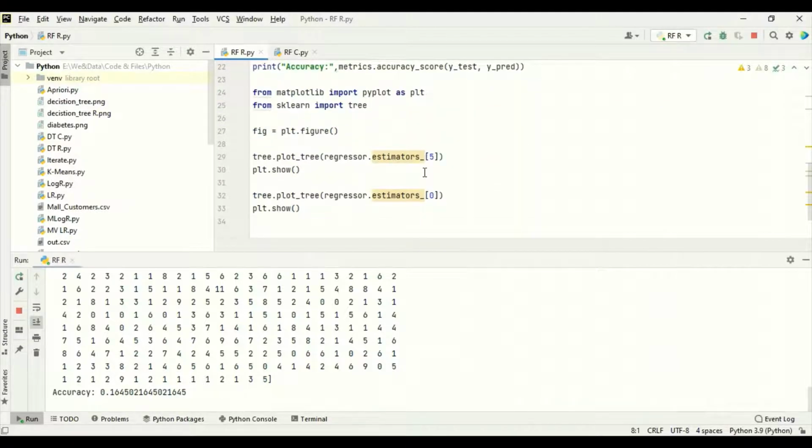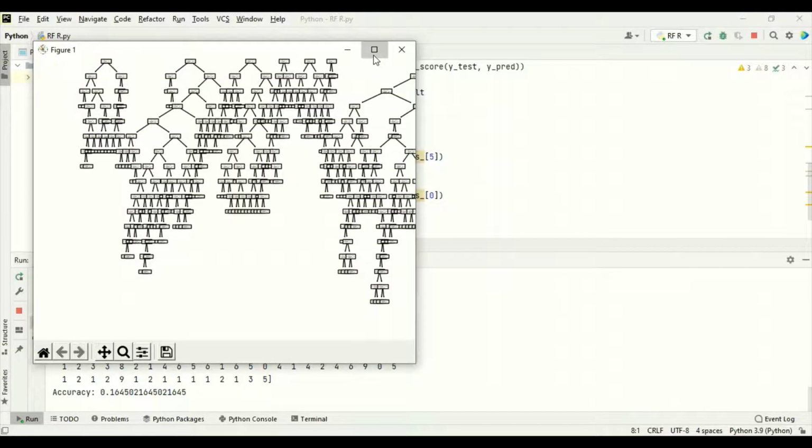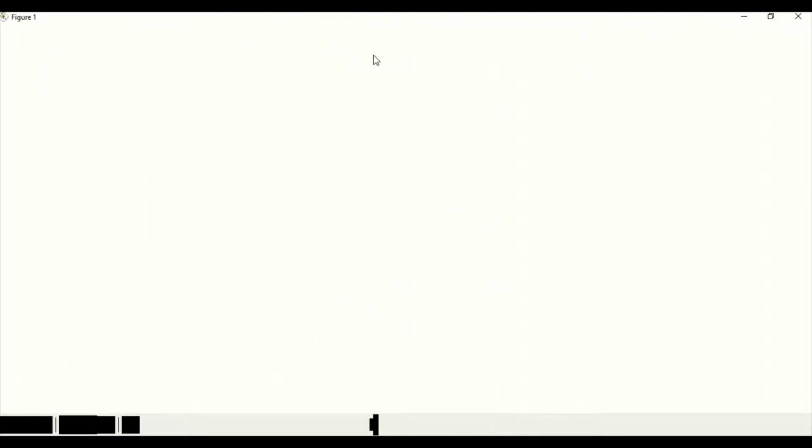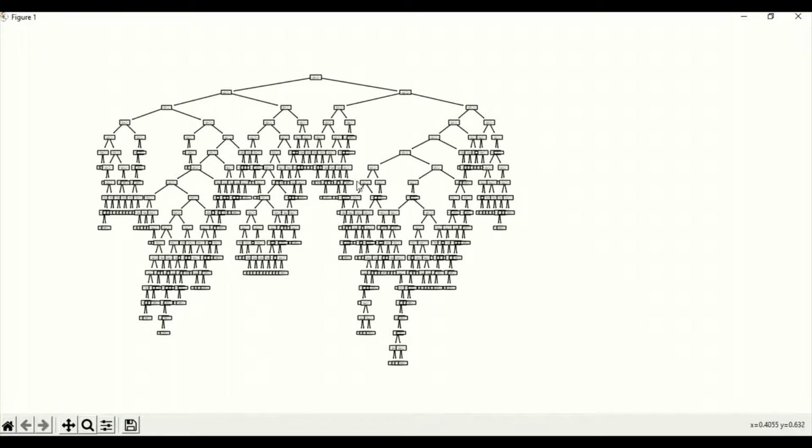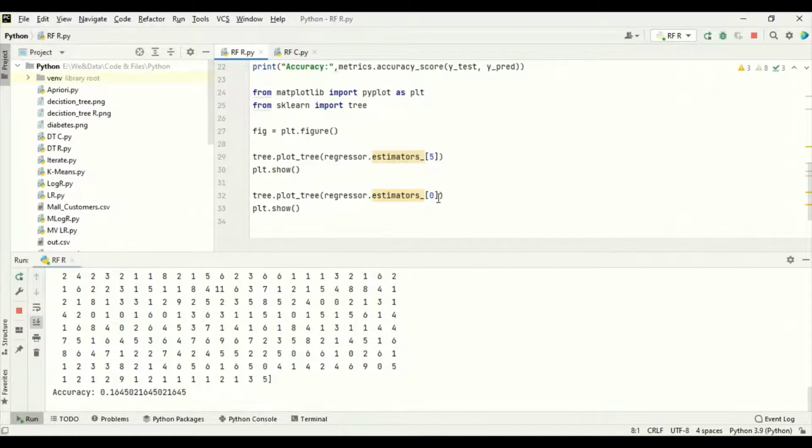The decision tree has been built. Random forest has been built, with n estimators 5. The sixth decision tree is this. This is the sixth decision tree of the random forest algorithm which we have built for the regressor function. Okay, this is decision tree 6. The layout will be different. Have a snapshot of this in your mind, so that when you correlate this with the first decision tree, decision tree 1,